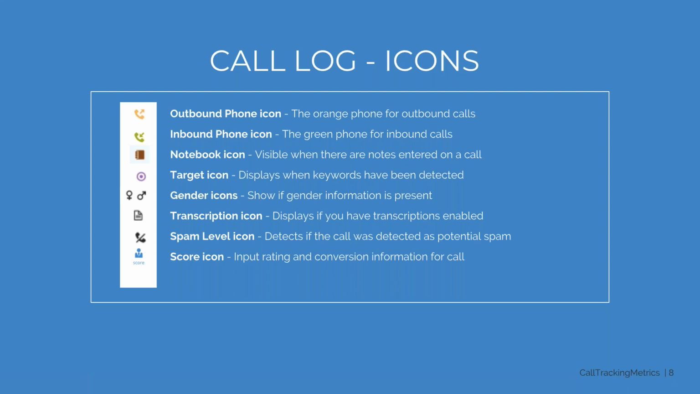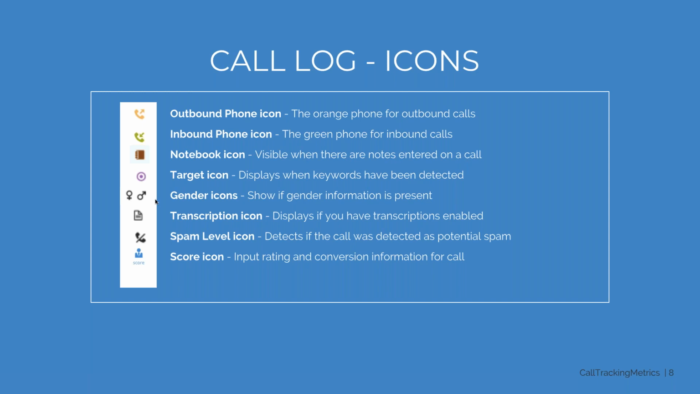So the next thing we're going to discuss is the icons that show up in the contact box. So most of these are pretty straightforward. This is going to be signifying that this was an outbound call. The green one with the arrow pointing in is for an inbound call. The notebook icon is visible when there's notes that are entered into the call, because we have a note section. The target icon is displayed when there are keywords that have been detected using our keyword spotting tool, which we'll